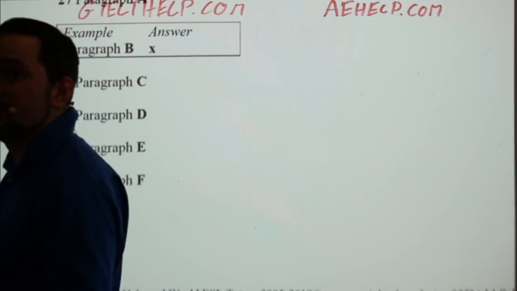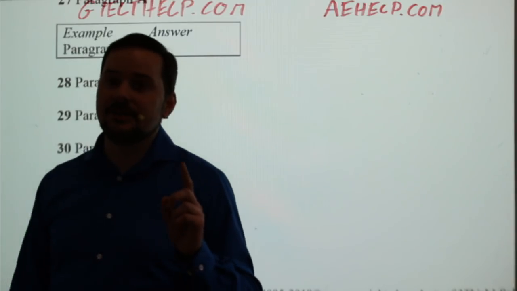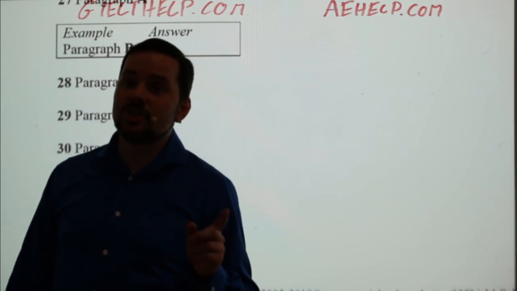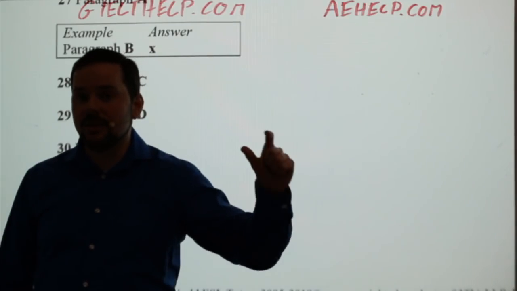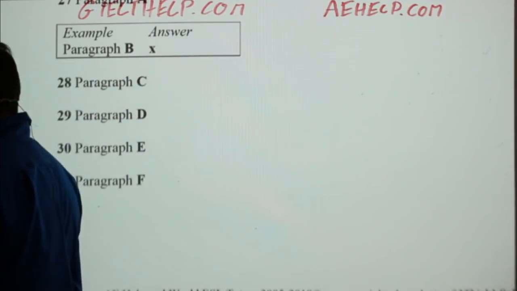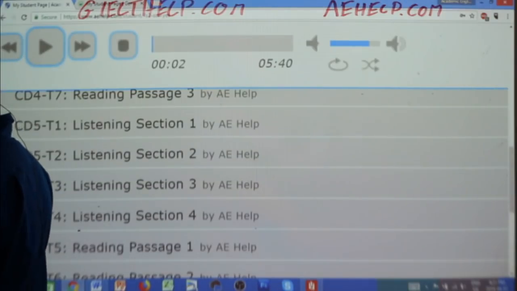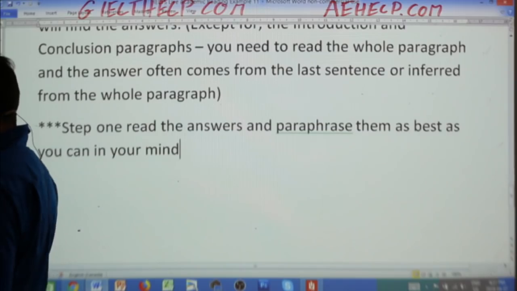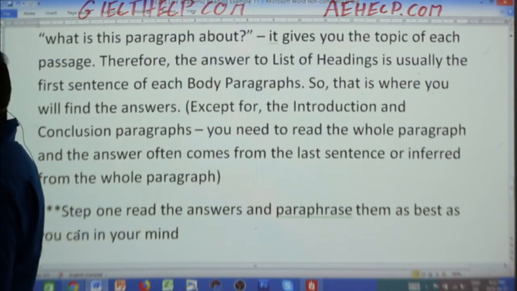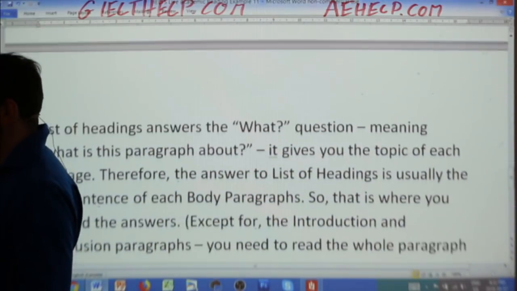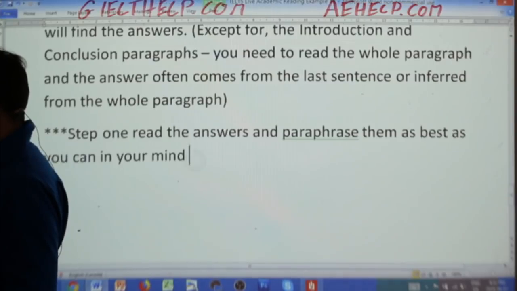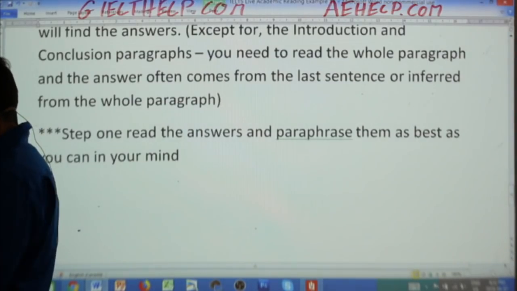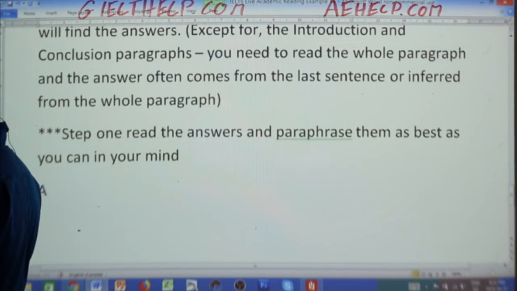So it doesn't just give you the general idea like the title, but it actually gives you the specific what answer to each paragraph. So it's even more useful. Let me just make a couple notes for you on that real quick before we look at the other questions. So again, remember, list of headings questions, you look at it before you read the passage, and then what you do is after you read